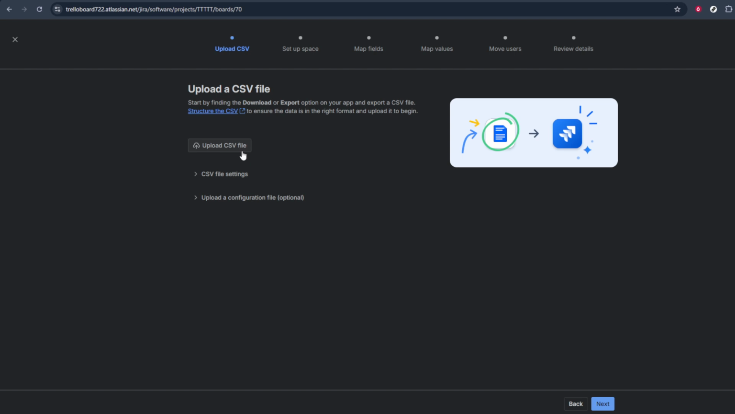Next, Jira will prompt you to provide the file it should import. Click on Upload CSV File. This will open a file picker on your computer. Navigate to the location where you saved your CSV version of the Excel sheet, select it and confirm the upload. At this stage, it's helpful if your CSV has clear column headers like Summary, Description, Assignee, and so on, because Jira will use those headers in the next steps to map your data into the right fields. Once the CSV is uploaded, Jira will walk you through mapping your columns to issue fields and then creating